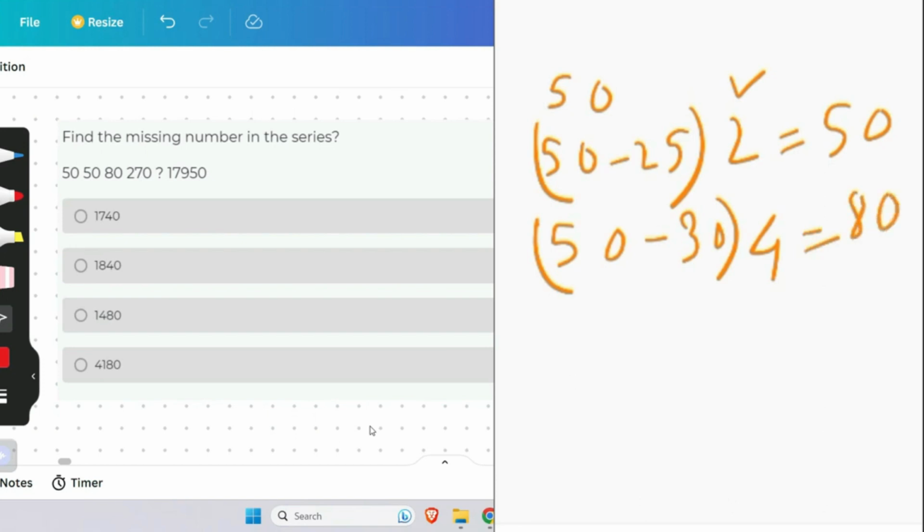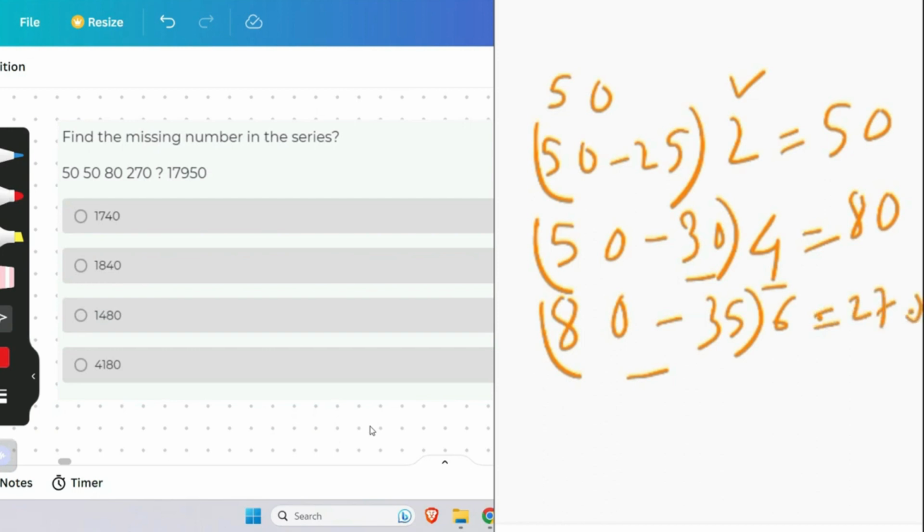And the next term is the expression result 80 minus 35, that means this number is incremented by 5 and then this number is incremented by 2, so the number will be 6 here. And if we multiply this, 80 minus 35, that is 45, multiplied with 6, the number becomes 270, right? 270. So then 270 will be multiplied with